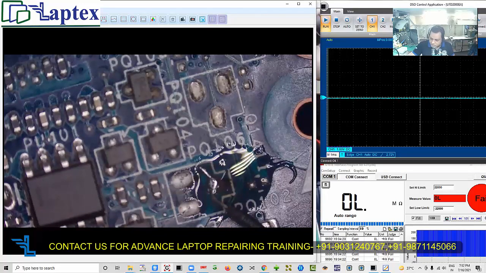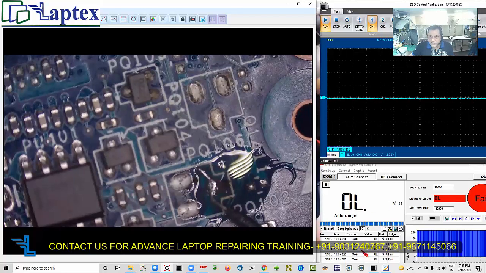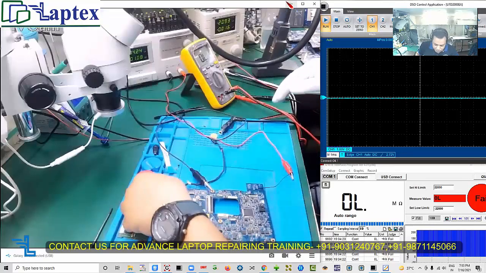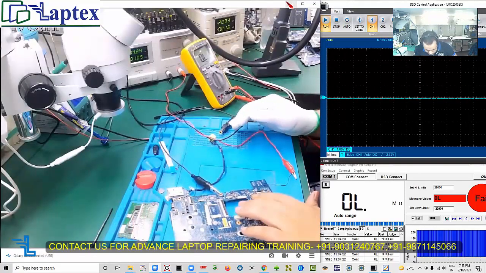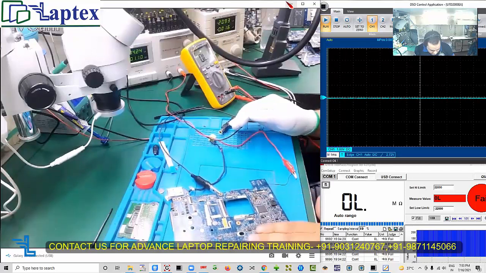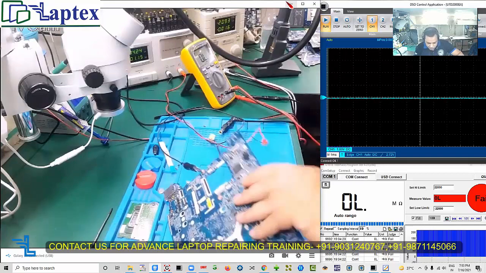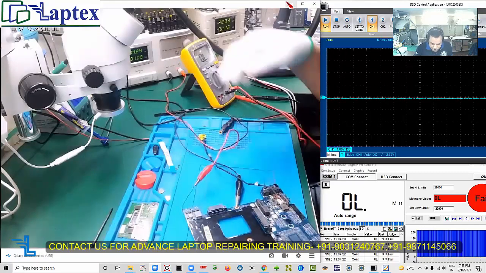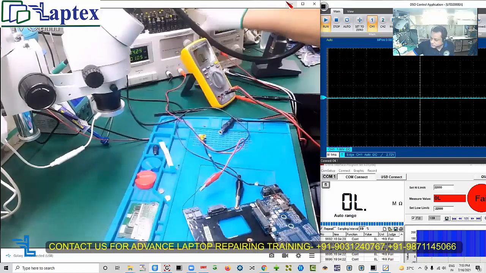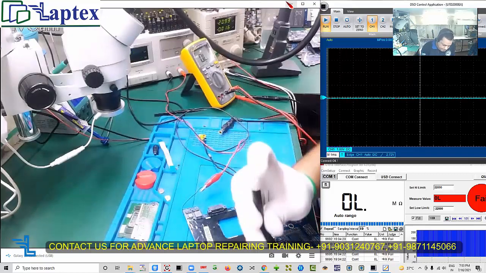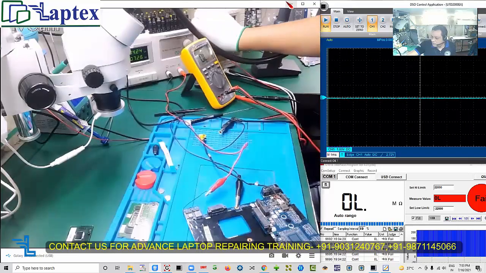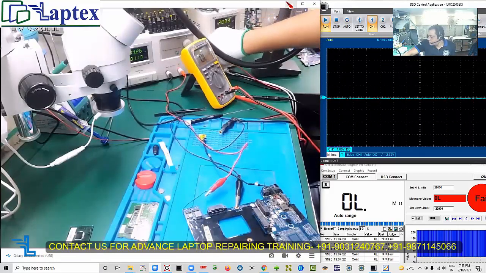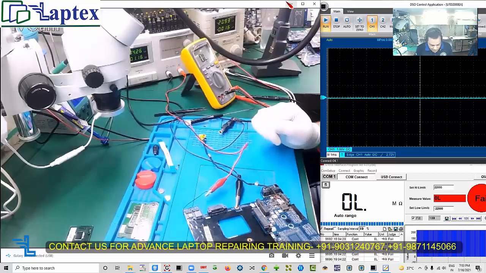Now we will increase the voltage and we will check one by one that which one is getting heat up. If anything is suspected, I will remove. So here, nothing is heating up on this area. Let's move this side. Processor, we need to remove the processor. Let's turn off. Now I will turn it on and now you will see